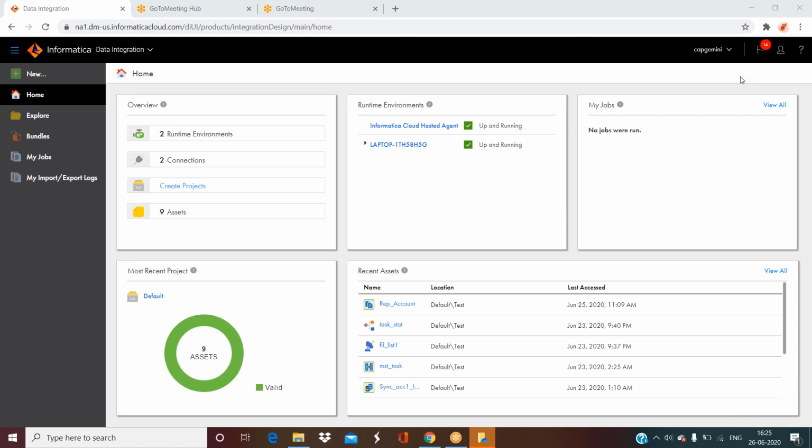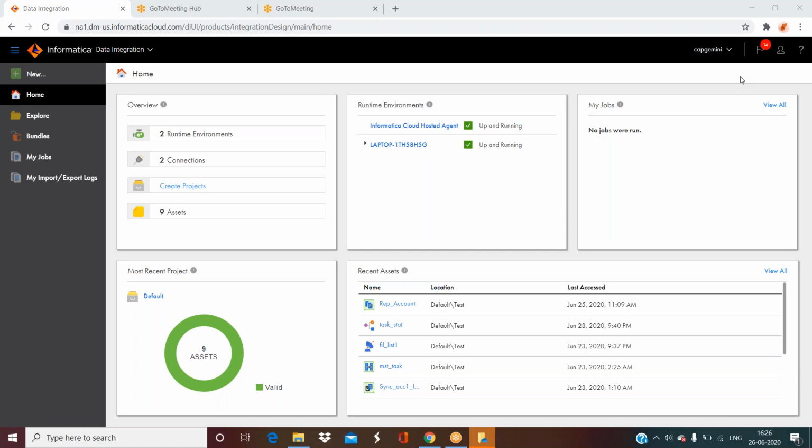In the last class, we discussed the synchronization task, right? So there is a major difference between a synchronization task and a replication task. The major difference is that in a synchronization task, you must have a target to integrate the data. However, in a replication task, it creates the target table for you. So what does that mean? It creates the target table for you. I'll explain that while we create the replication task.